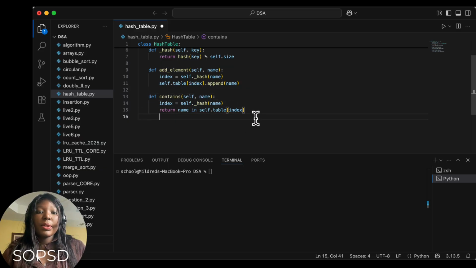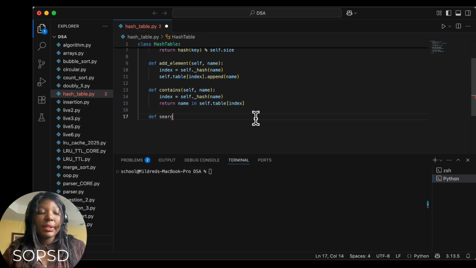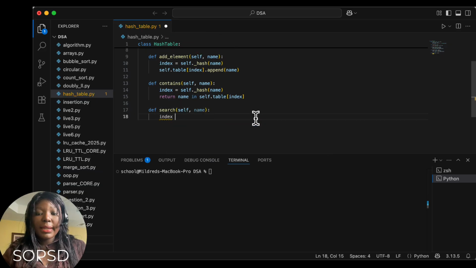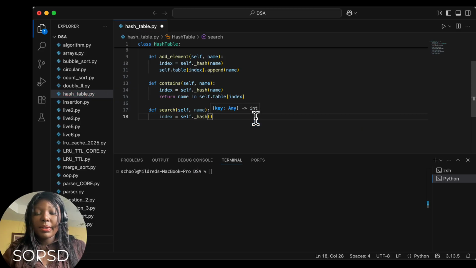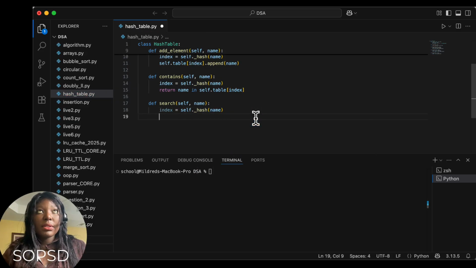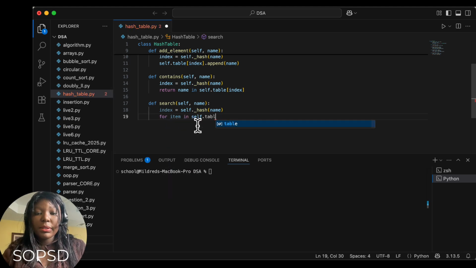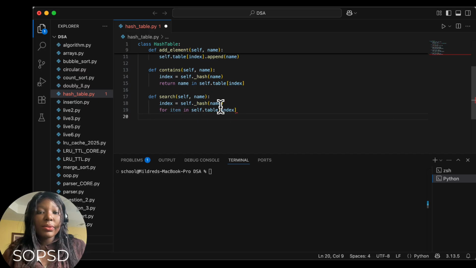Now we want to create maybe a search function. So let's say def search, and we'll search for an element which I'll call name. We always get the index, which is going to be self dot, we use the hash function that we created, name, and to search now, let's loop through all of the indexes and then check the items in those indexes and see if that name or that element exists. So let's use the for loop. We'll say for item in self dot table index,